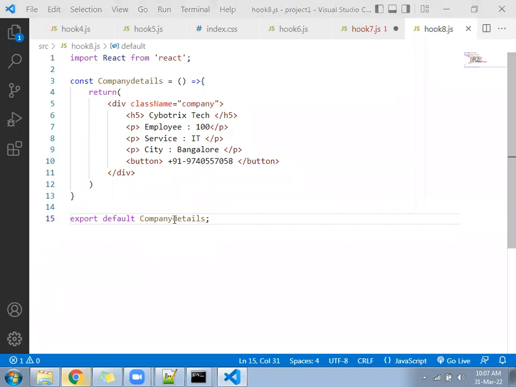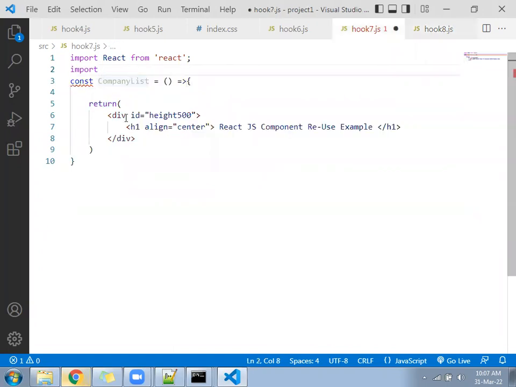Ready? Hope you have written company details. Save the file. Now under hook 7, we have to import the company details.